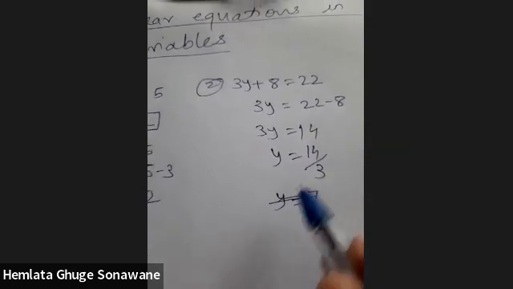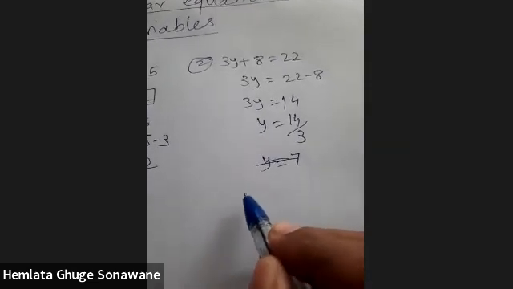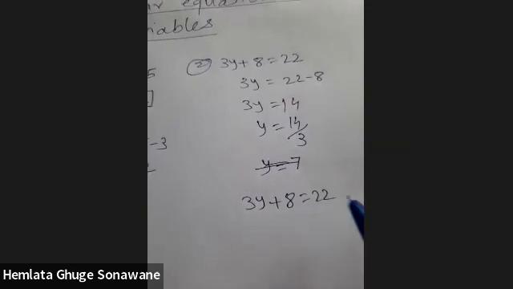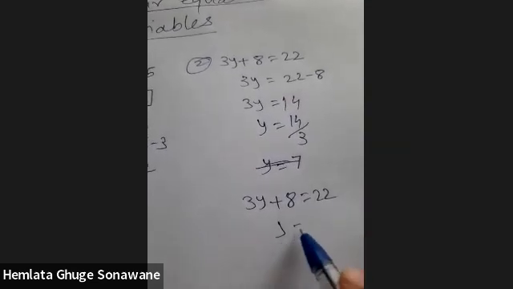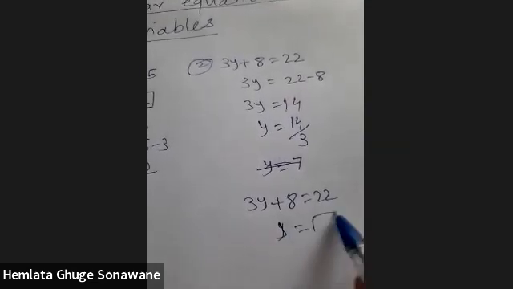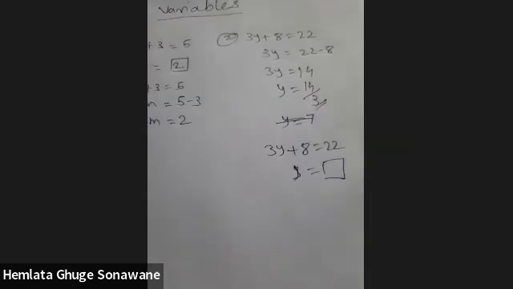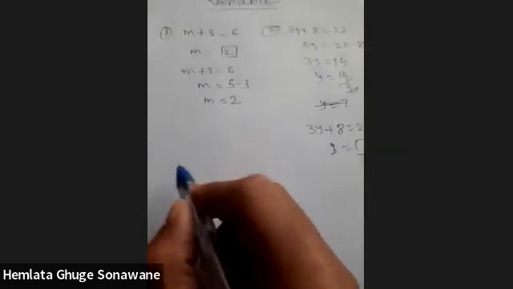So y is equal to, in your textbook, you can write with the help of pencil, 3y plus 8 is equal to 22 and y is equal to, box is given. So here you can write down 14 by 3. Okay. Third one,